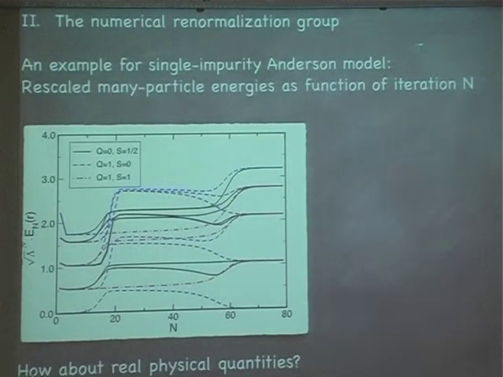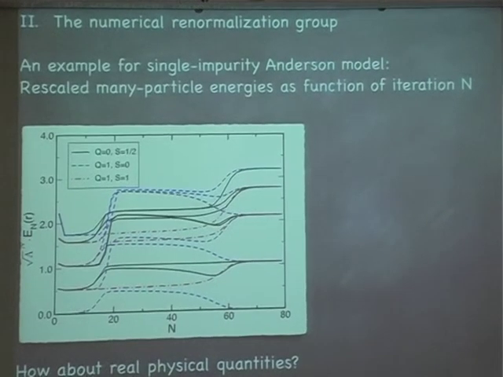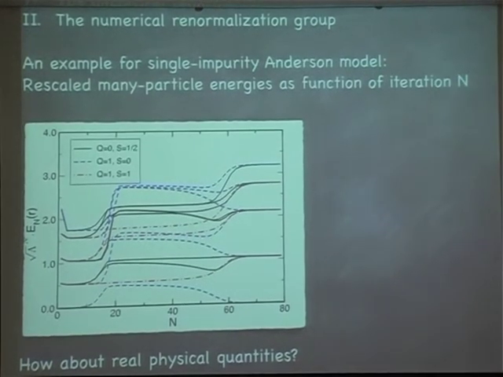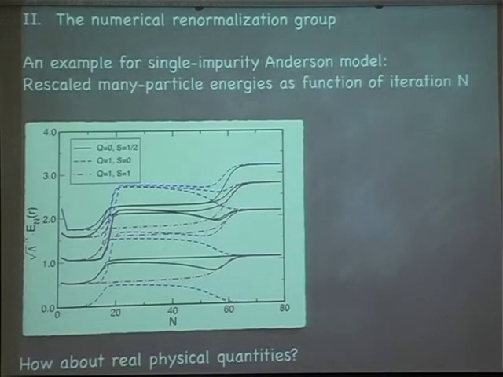So let's start with a single impurity Anderson model. That's our favorite toy model. And look at the renormalized or rescaled many particle energies as a function of the NRG iteration n. That's shown here. And I picked out several quantum numbers. So Q is the charge quantum number. Q equals 0 means you have 1 electron per site everywhere. Q equals 1 is you have 1 additional. This is the spin. Okay, S equals 1/2 is clear what that means. And S equals 1 and 0 are the triplet and singlet respectively. The ground state is always kept at 0, so the ground state is the black line down here. And those are different states that are realized.